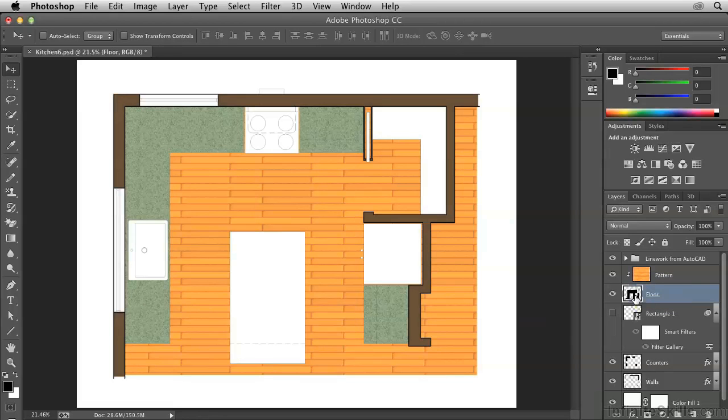The floor layer determines where the pattern is applied, so it makes sense that we should alter the floor layer itself. So let's go ahead and select the floor layer and then click this icon to add a layer mask to that layer. So the layer mask is currently white, meaning it's revealing everything. Let's use the gradient tool,